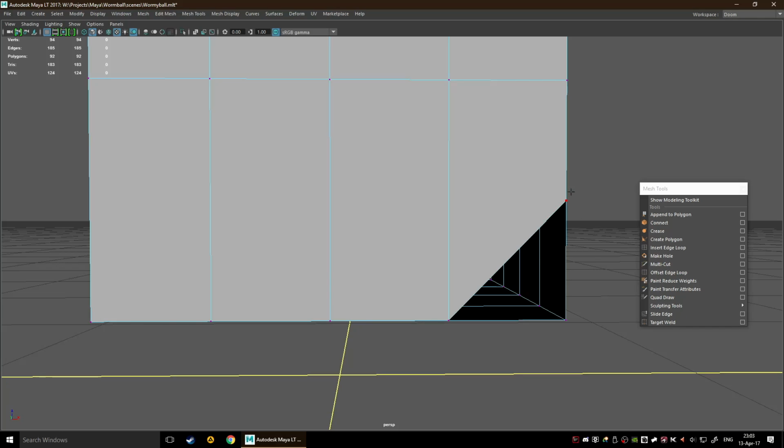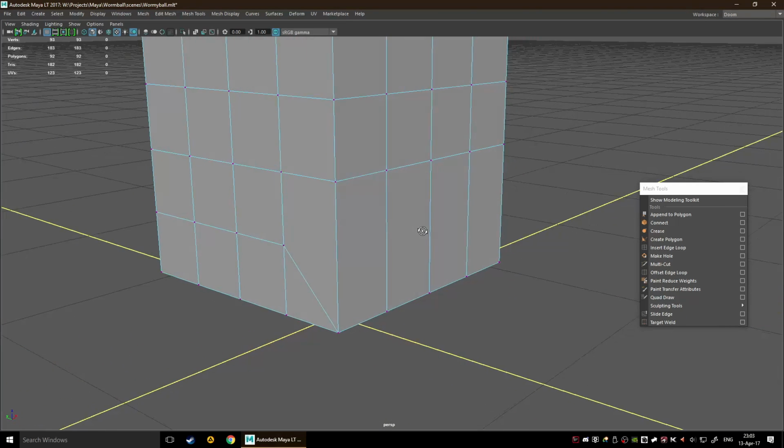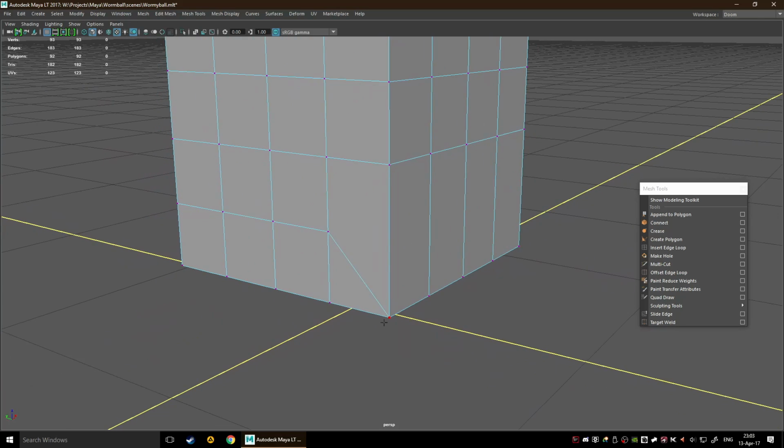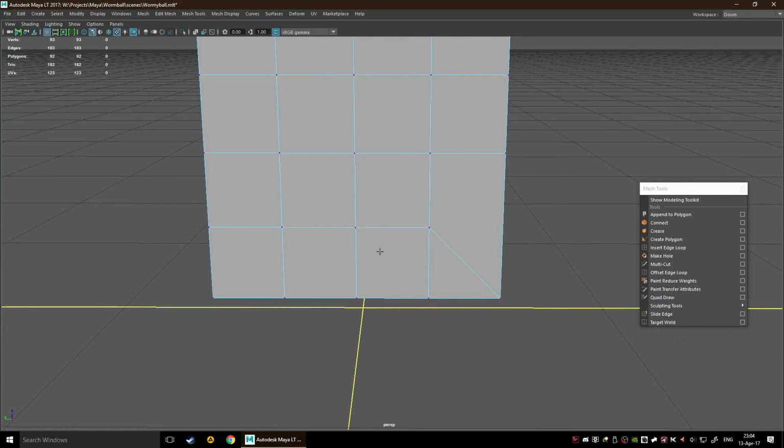Obviously, depending on what you need done, in some cases the bridge function would give you a better result, because in our case, as you can see, we basically welded these vertices together, we collapsed them. This creates some problems. It's very similar to collapse edges. So if we go into edge mode, remember from the last video,